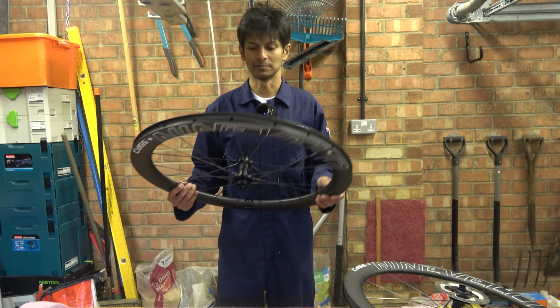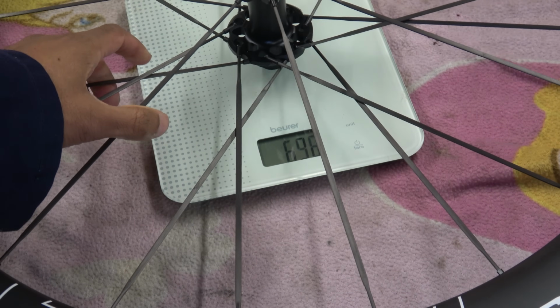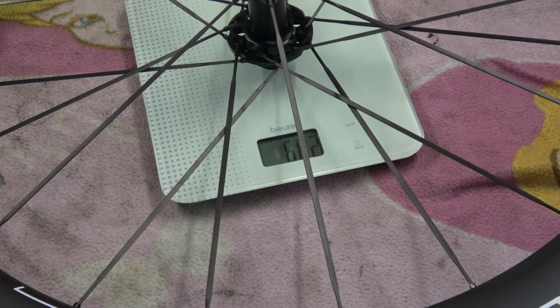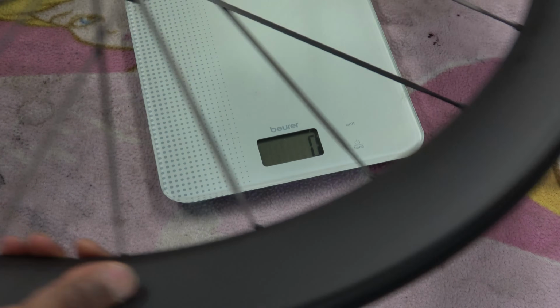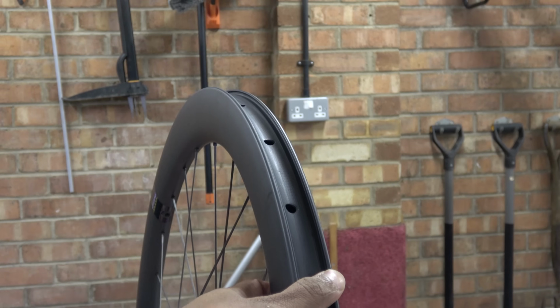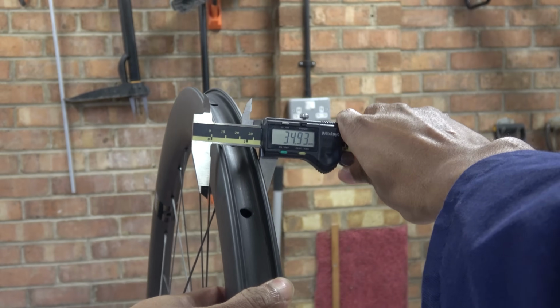So let's review them. This is the front wheel, and that is 680 grams, 682. This is the back wheel. That is 803. So you've got a total weight there of around about 1400 and something. So let's do the widths. So the outside of that wheel is